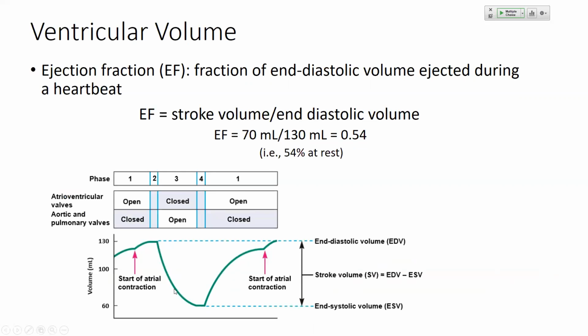After we dump some of the blood out, what we're left back with is about 60 mLs, that's our end systolic volume. And so our stroke volume is this difference, which is usually about 70 milliliters. And again, if we use the fraction, the ejection fraction, 70 mLs divided by the total end diastolic volume, that's our ejection fraction. That's the percentage of blood that was actually pumped out with each cardiac